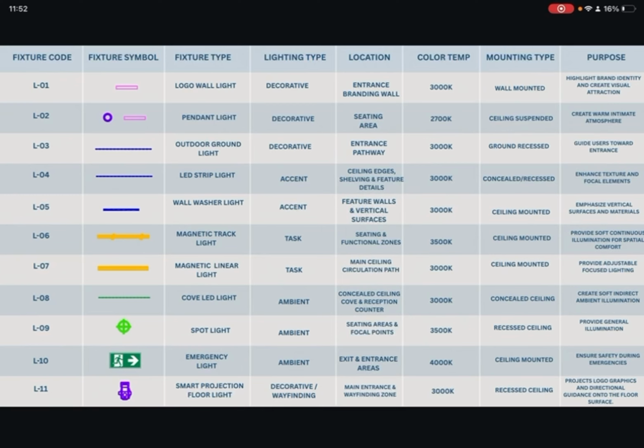So in this lighting fixture schedule, we categorize the lighting system into different lighting layers, including decorative, ambient, task, accent, and wayfinding light. Each fixture was carefully selected based on its function and spatial experience and psychological impact within the space. We also identified the color temperature, mounting type, and fixture purpose to ensure visual comfort, functionality, and